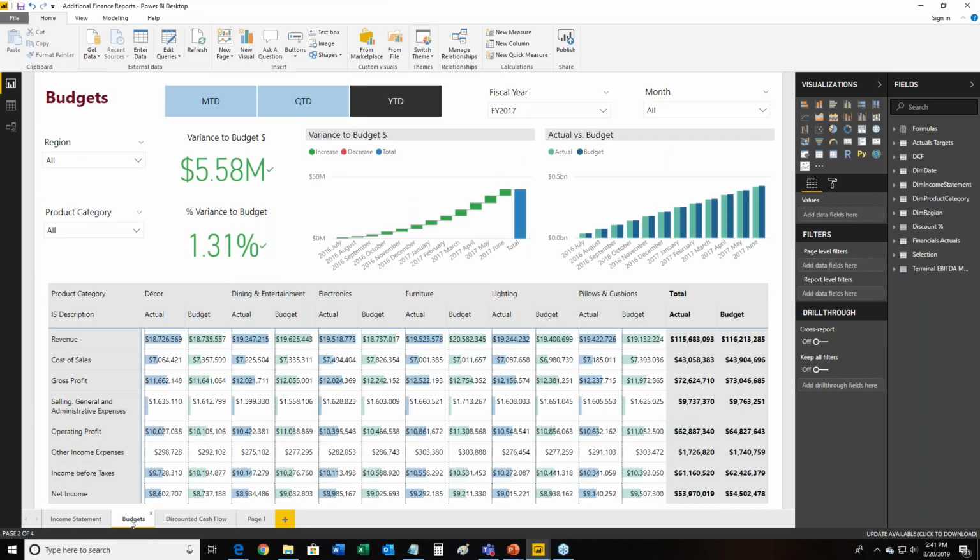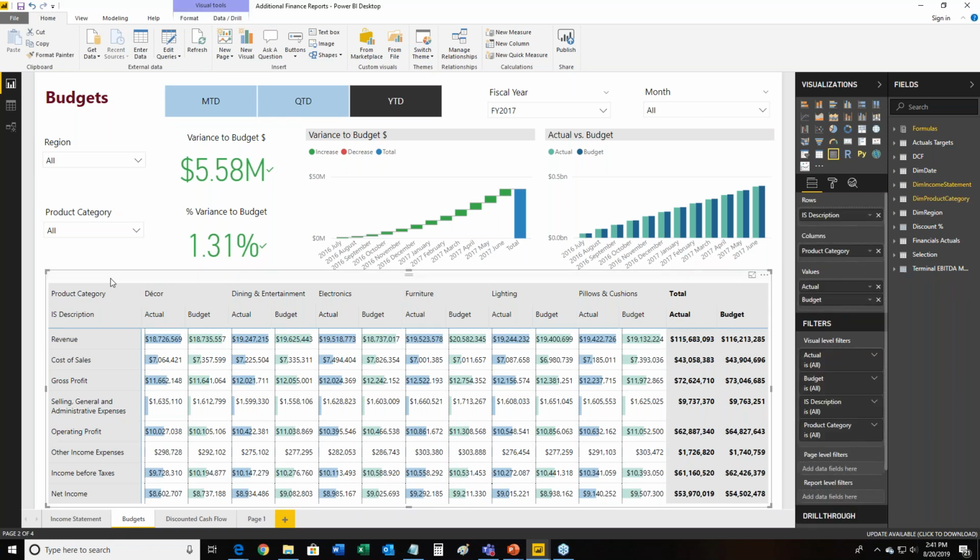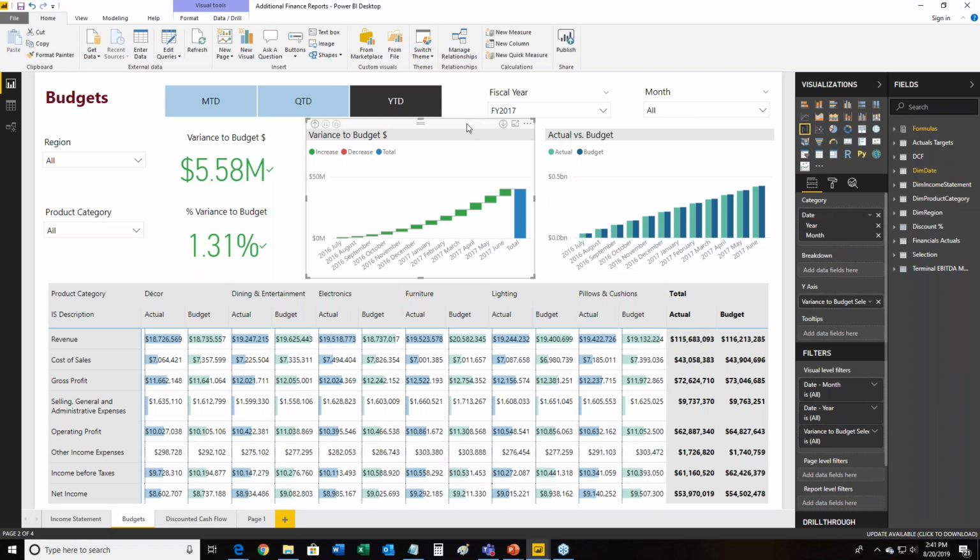I can go into budgets, and remember earlier when I built the dashboard from the data and data warehouse, because I have the desktop here, I can actually click on these sections and say, hey, what is this? Oh, this is a matrix visualization, and what is this? This is a waterfall chart. And you can actually change the charts as needed to update the data that you're seeing.